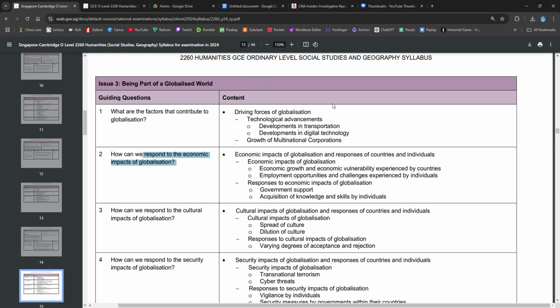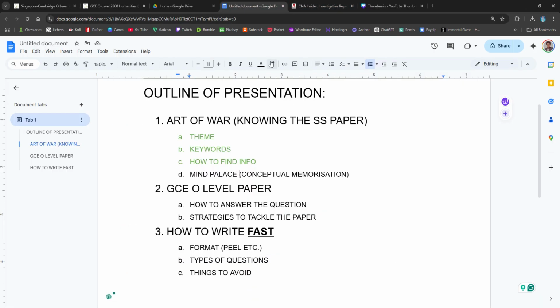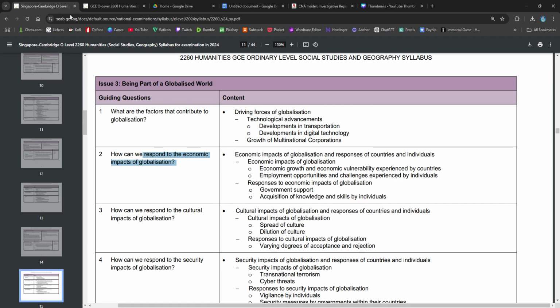That is for certain. You can't memorize everything. So using the concept of mind palace, if you can remember the linkage between the theme, the main point, and the sub point, which is called the bridges, if you can remember those things, it is easier for you to recall during the examination. Because just because you can memorize a lot of different jargon, that doesn't mean you know how to apply them in the question, right? So which is called conceptual memorization, right? You do not memorize everything. You memorize the concepts and you